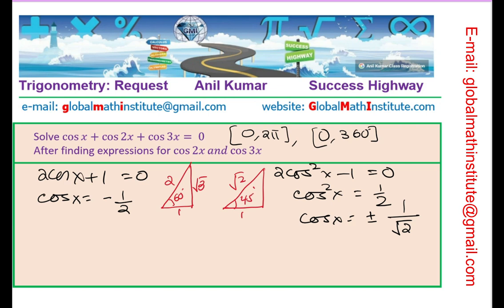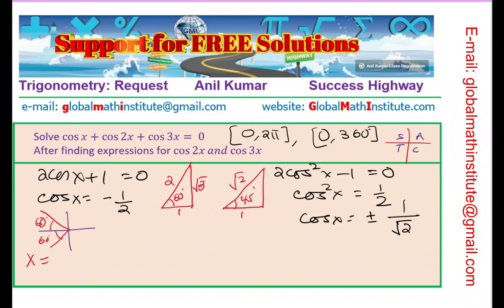Correct. So when we say cos x is minus half, we also know that negative means apply the cos rule, right? Negative means quadrant 2 and 3, right? So we have this minus half means we have a solution in these two where this related acute angle is 60 degrees, correct? And therefore we have x equals 180 minus 60, which is 120, and also 180 plus 60, which is 240